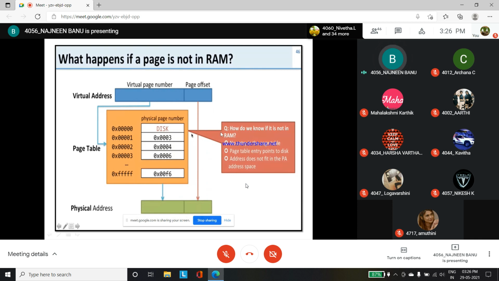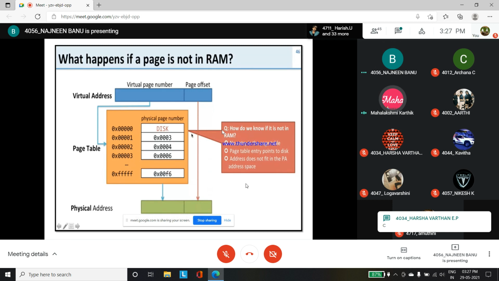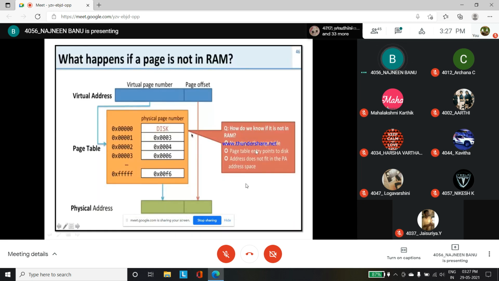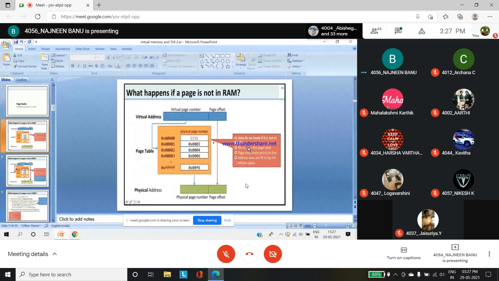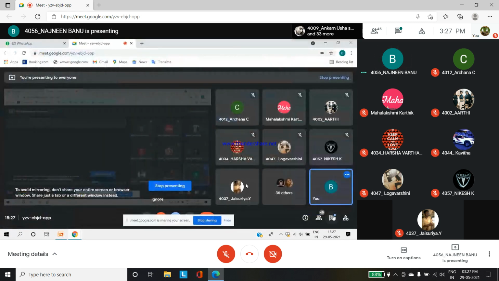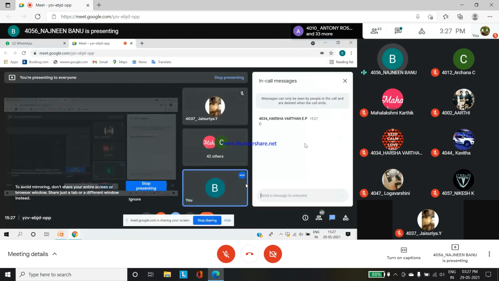Out of three, choose anything. Yes, anyone? Option C. Okay, except option C, any two? Anyone going for option one or two? Wait a second, I have to come to Google. Any other message except option C?